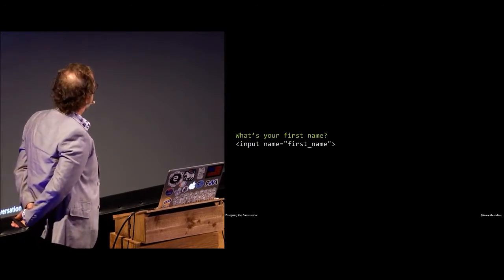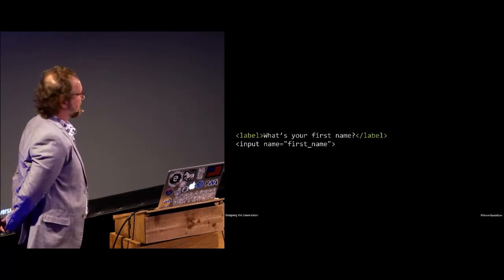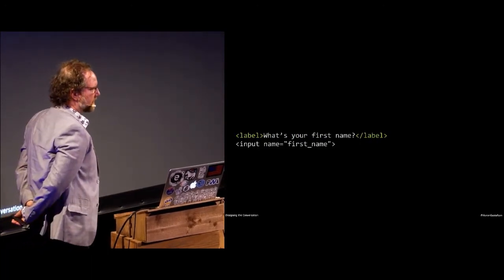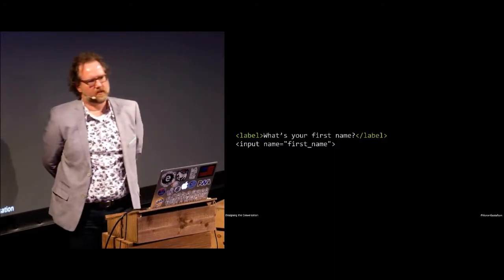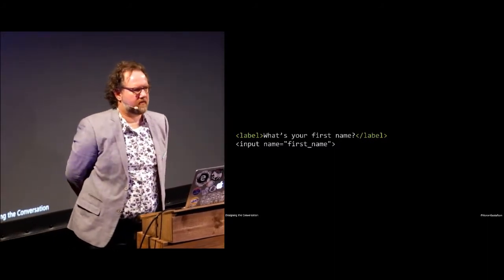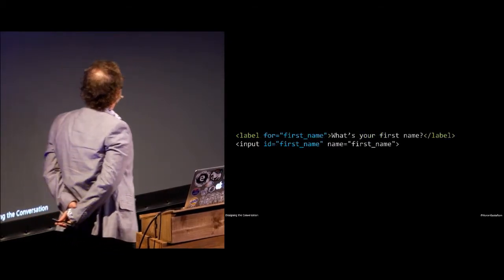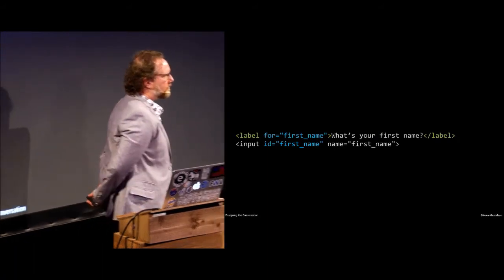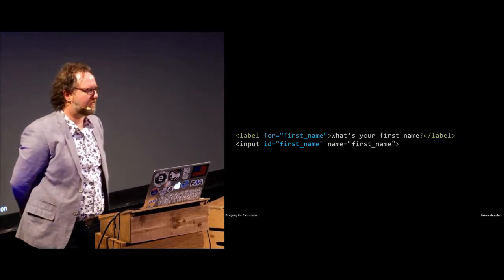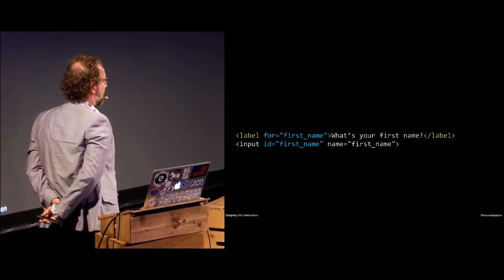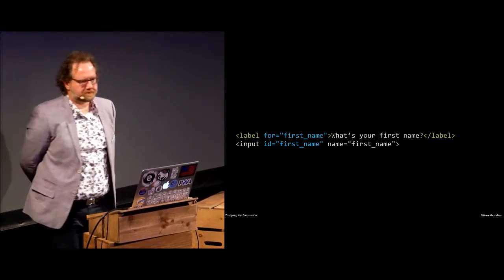But there's nothing to tell a voice assistant that this is related. Okay? So to create that association, we need to use the explicit label element. Okay? Now this is not the end-all be-all. This is not how you should do it. I'm going to evolve this. We have two ways of associating this label with the field. The first way is by explicitly associating them. So you use a for attribute, and that for attribute is an ID reference to the field. So here you can see they both have matching text of first_name for the for attribute and the ID value of the field itself.